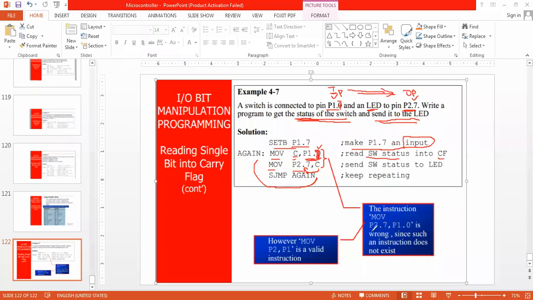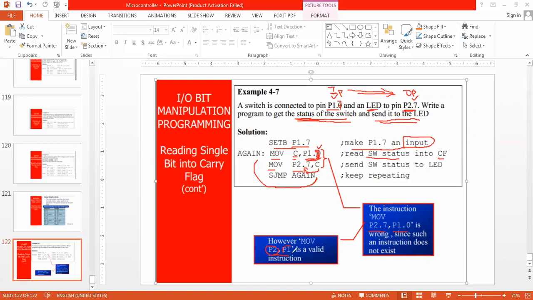But this thing I cannot do: MOV P2.7, P1.7. I cannot make a direct data transfer from one port to another port. Okay, this is an invalid instruction. But this is valid: a whole byte can be transferred.